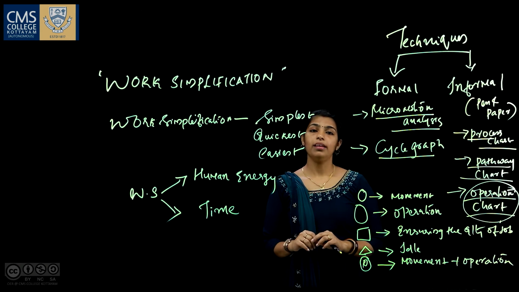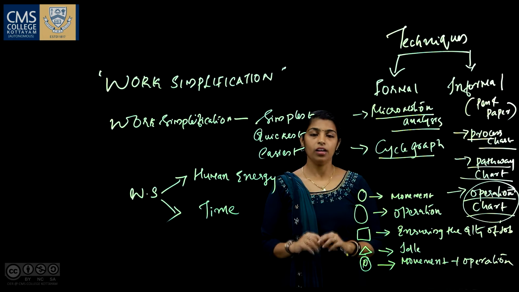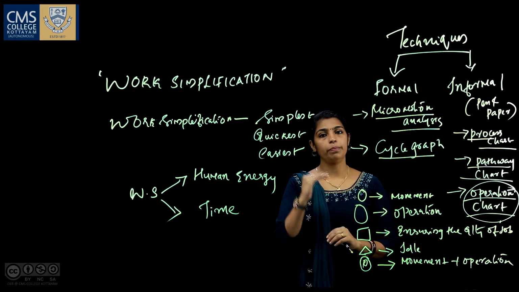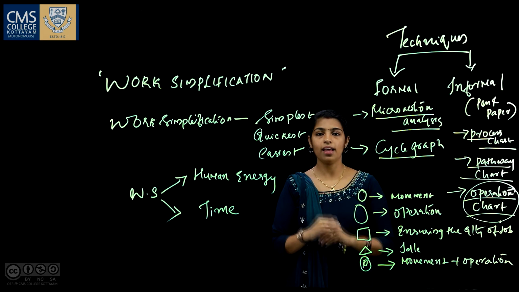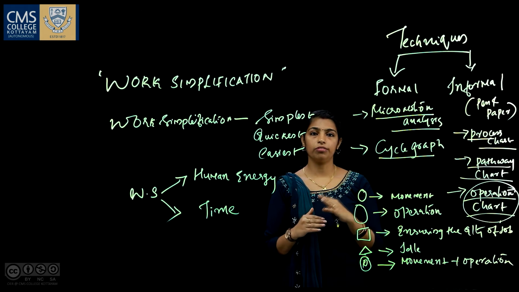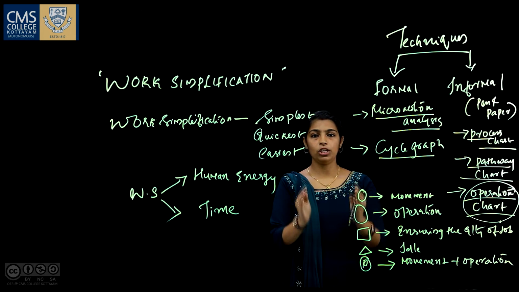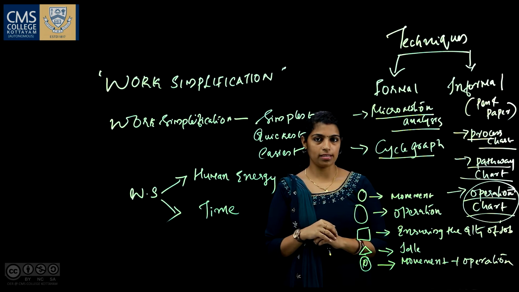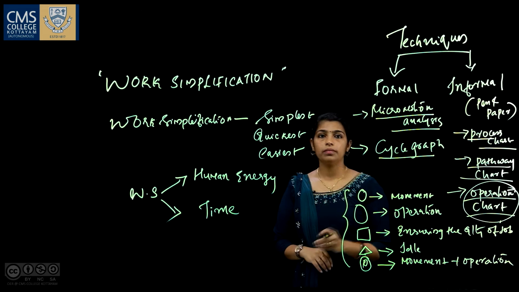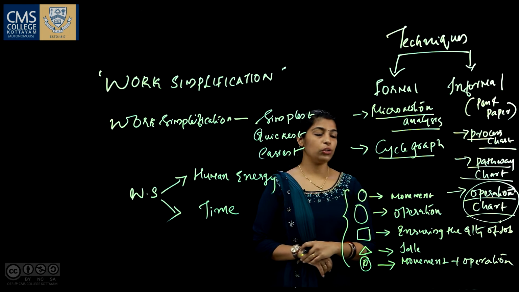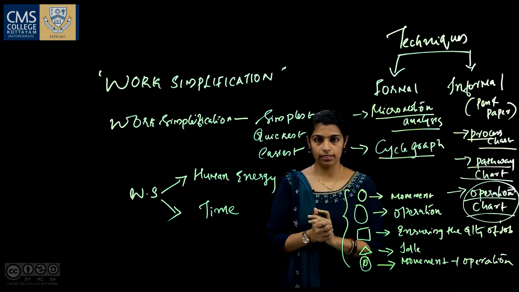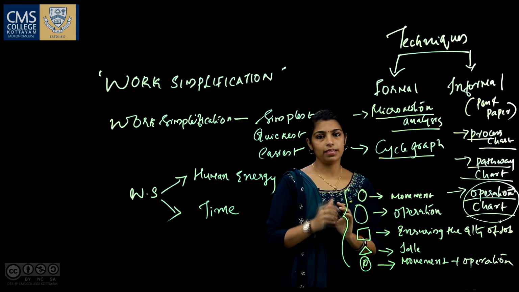For example, in the preparation of an operation chart, one particular task in the production process will be taken, which will be broken down into different components, and each component will be analyzed, especially in terms of the movement of the body that is being used in carrying out that particular task. For example, the movement of right and left hand together. There are certain symbols that are used in the operation chart. The symbols are almost similar to the process chart, but the meaning of the symbols is different.